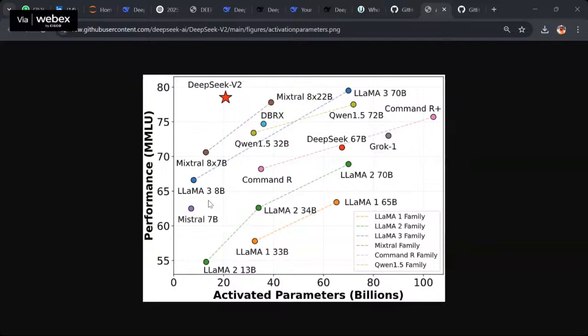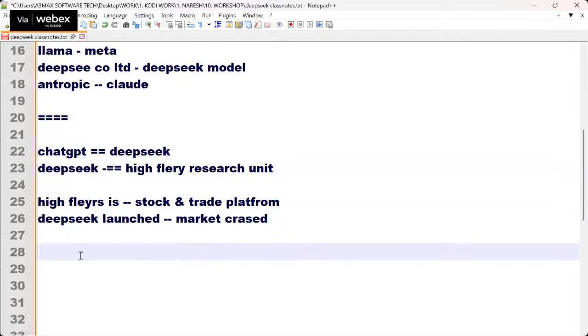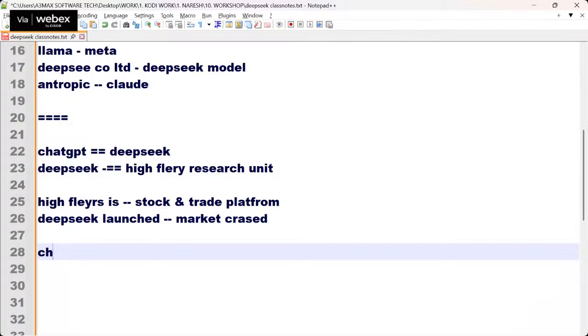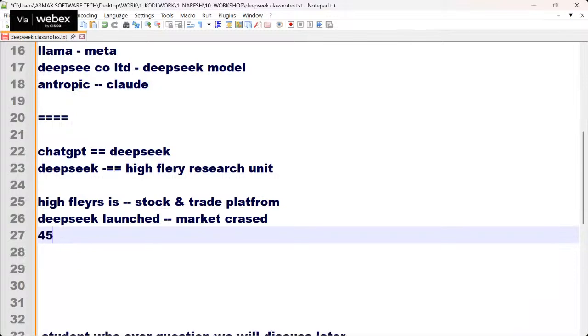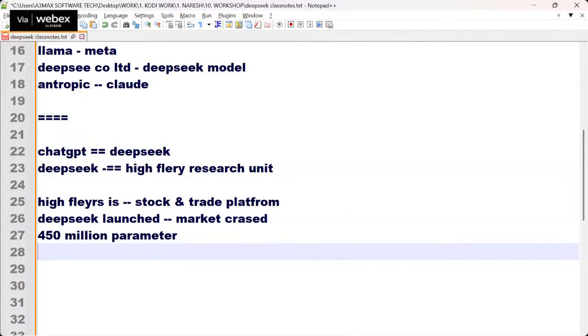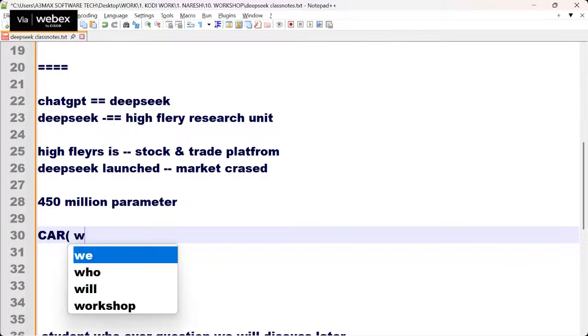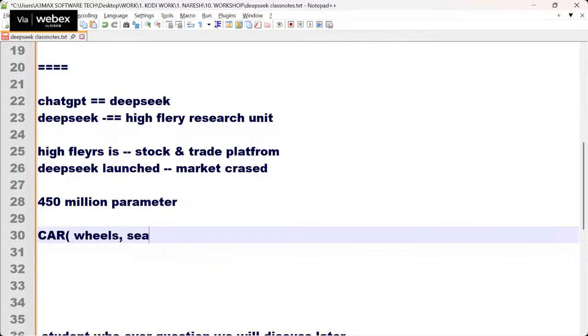You have heard the term many times, like variables. For example, you heard that ChatGPT or a Llama model is trained with 450 billion parameters. So these parameters are nothing but attributes. For example, when you construct a house or purchase a car, the car has a few parameters like wheels, seats, and steering.